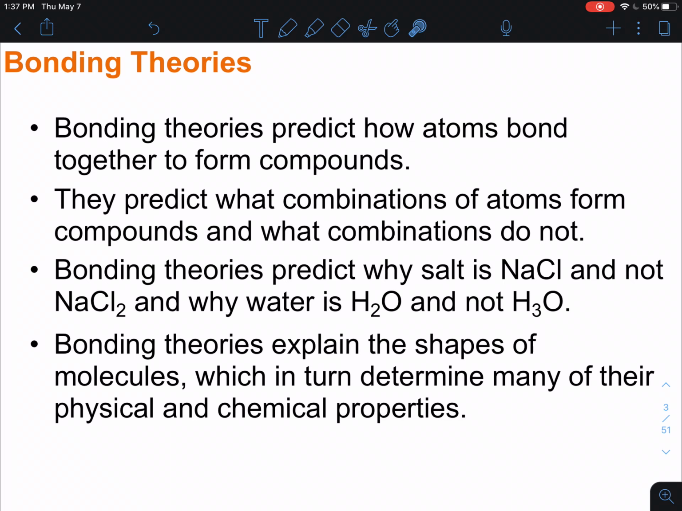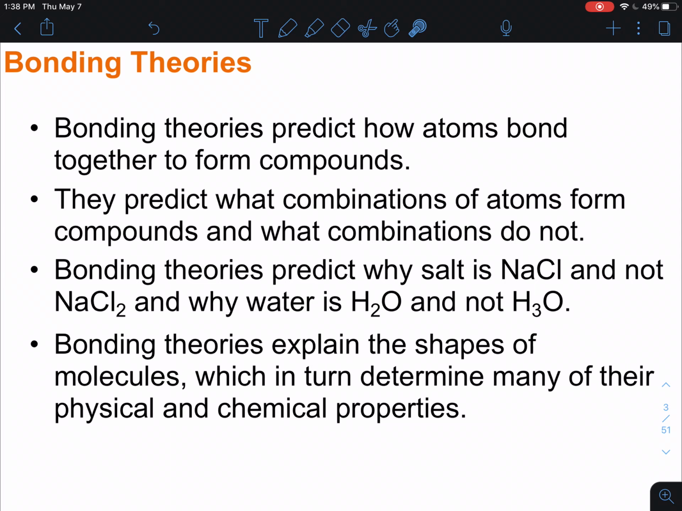So we're going to cover bonding theories, which are really important. Bonding theories predict how atoms bond together to form compounds. It's important for us not only to understand how things are bonded, but also to predict how things are going to bond, all right? They predict what combinations of atoms form and what combinations do not form. And this all comes back to whether or not two atoms can come together in such a way that they can share electrons in order to complete their valence. If there's no way for them to share them in a 2 electron per 1 bond situation, it's not going